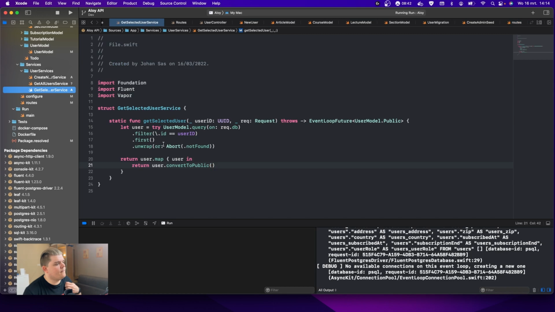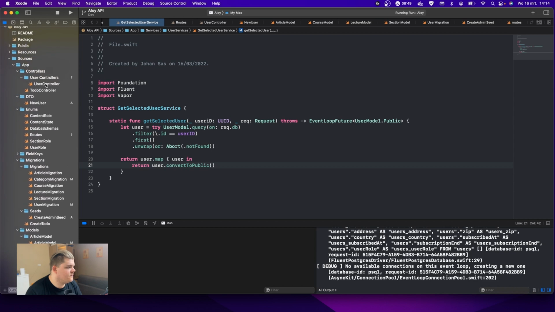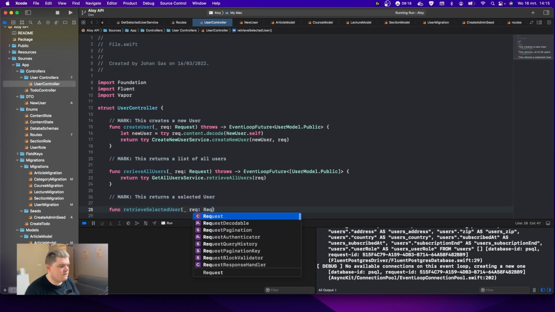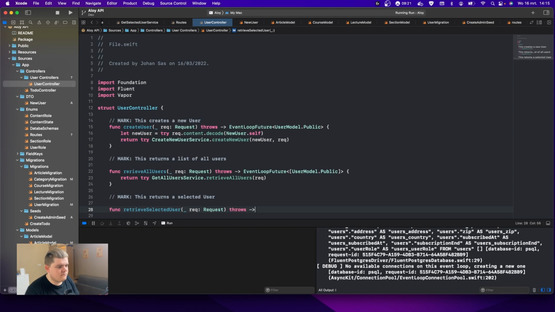Okay. So, well, we have the get selected user. So we go to our user controller on the top here. Under there, mark: this returns a selected user. Func retrieve selected user. This is going to be of type req of request. Throws, event loop future of user model dot public,